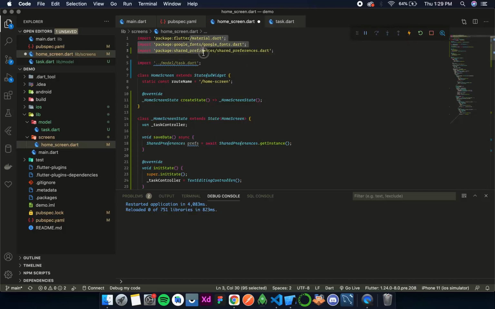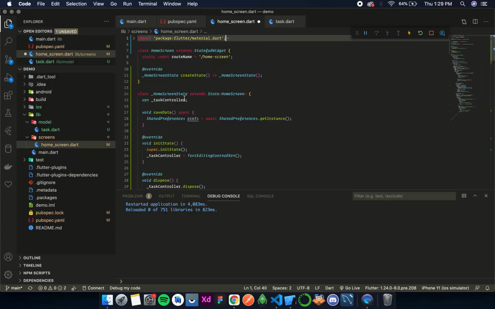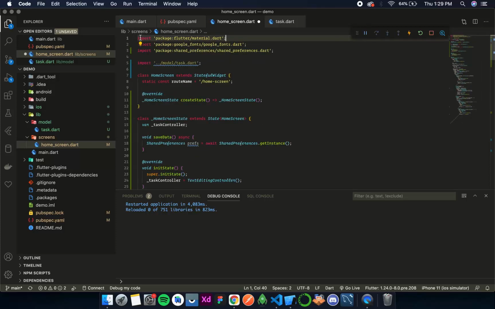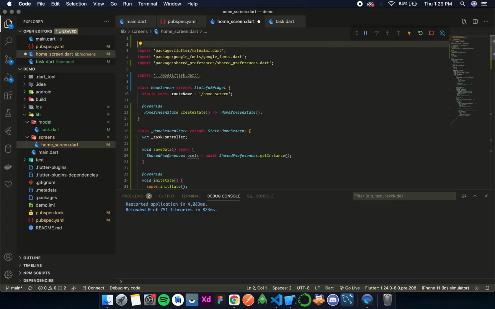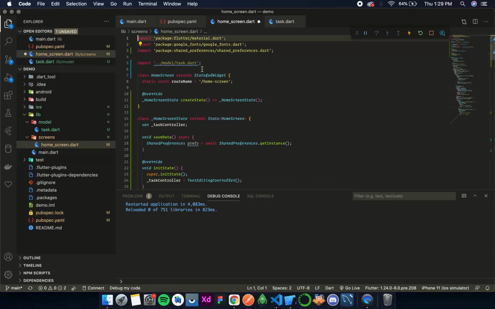All the Flutter imports or the external package imports are together. After leaving one line, we write all the project level imports, and if we have Dart level imports, we leave yet another line over here, and that goes at the top. So this is the standard practice that is followed, and we will follow the same.